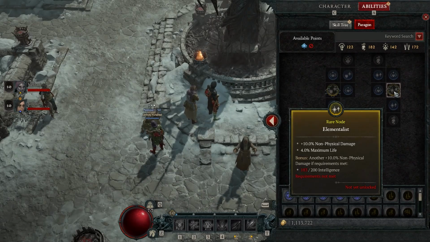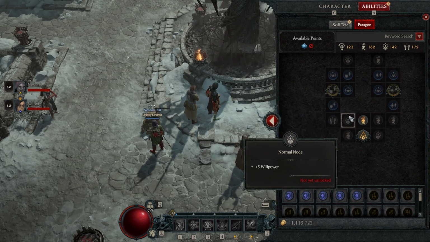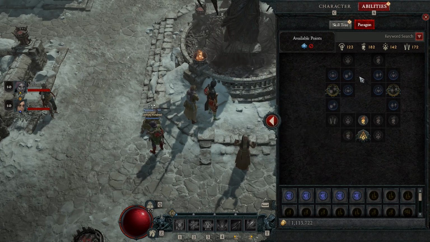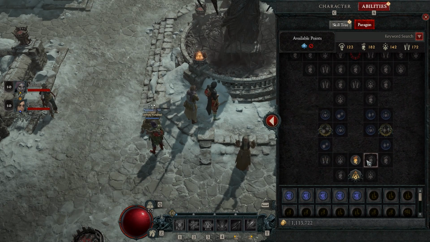The Paragon Board is a scaling board of upgrades to your character. They start out small, such as +5 intelligence, +5 strength, but then you can work your way towards big nodes that have huge upgrades to your build, and they're build specific as well. And yeah, as you progress down the Paragon Board, you get to the end of the board and there's these